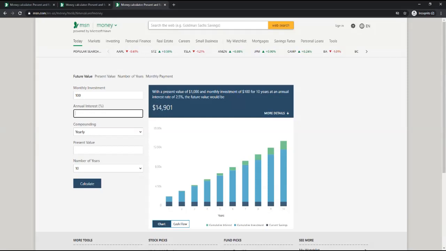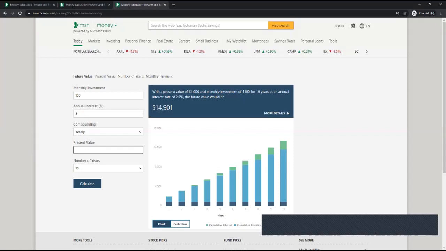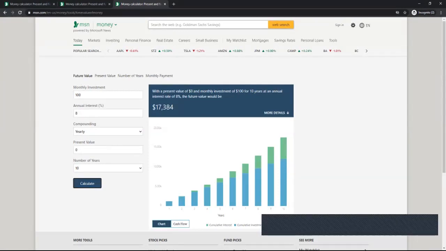You're buying ETFs or mutual funds, and your interest rate is 8%, compounding every year. And let's say you don't have anything in there, it's valued at 0 right now, and you're going to invest for 10 years. So let's calculate. With the present value of $0 and a monthly investment of $100 for 10 years, at an annual interest rate of 8%, the future value in 10 years is